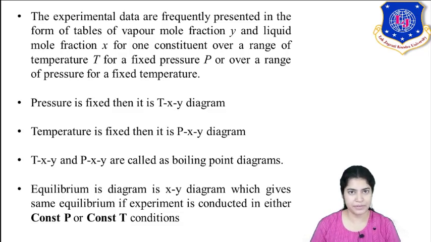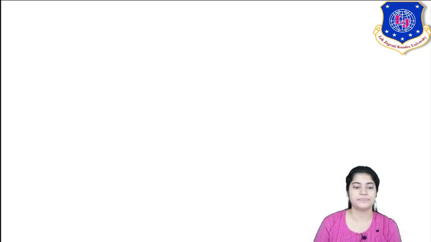At a specified temperature, consider the vapor composition which we obtained, as we saw previously in the boiling point diagram at the bubble point, where the onset of vaporization took place. It means the more volatile component has got converted into vapor. Corresponding to that vapor we had a liquid composition. These two were in equilibrium, so you will get this equilibrium composition. It would be the same, whether you carry out your experiment at constant pressure or at constant temperature. Now, how will we get equilibrium data?